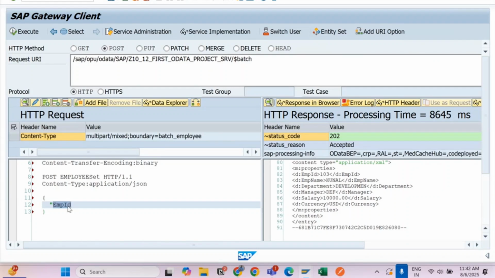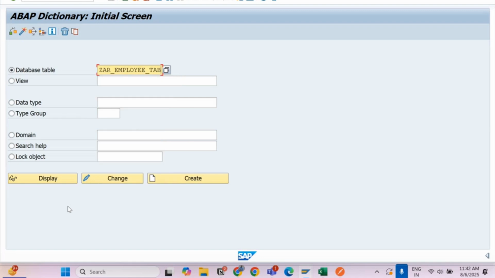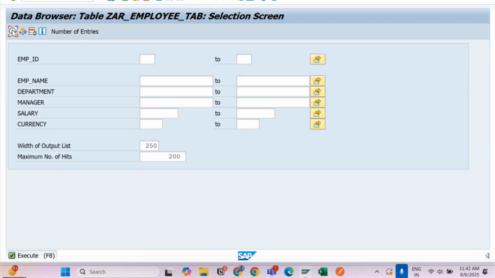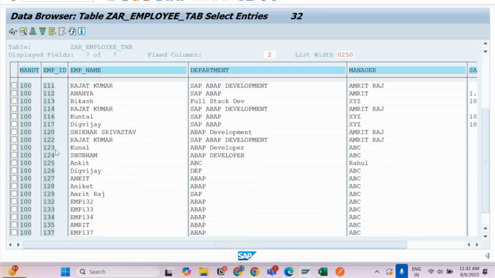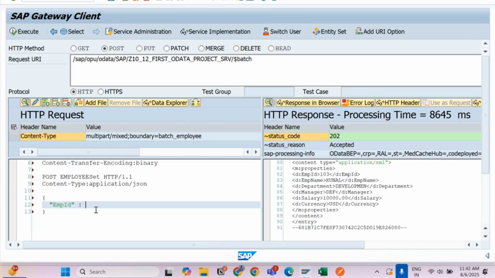Employee ID. So let me check the table and how many records are there in the system. Accordingly, we'll perform the create operation. Data is there up to 139. So I will start with 140, 140,